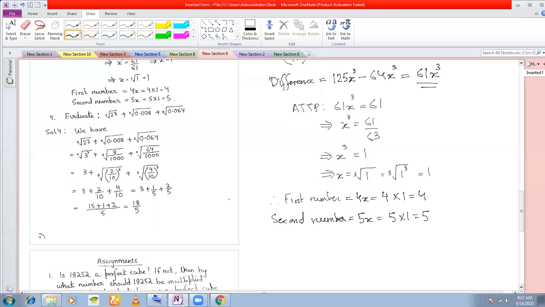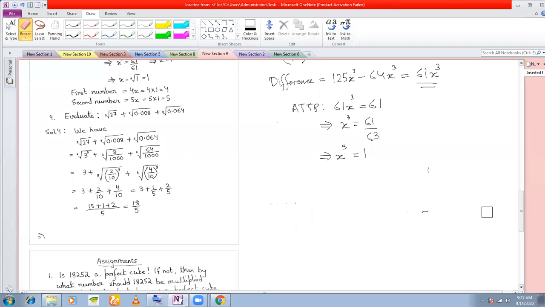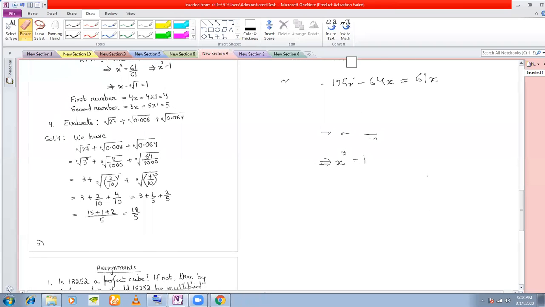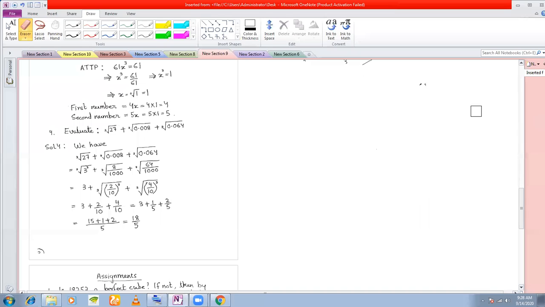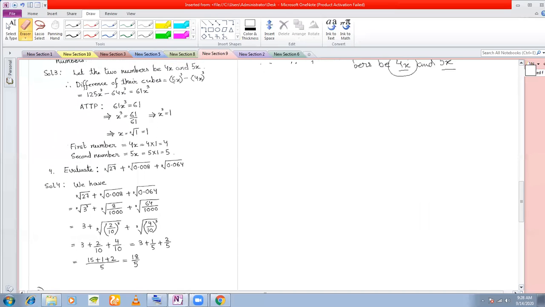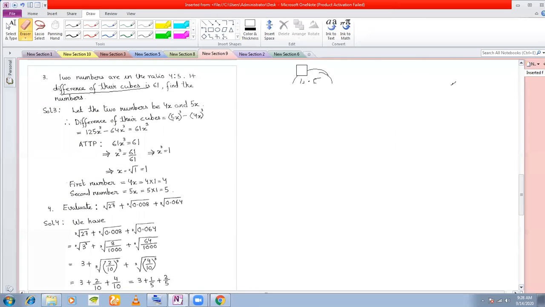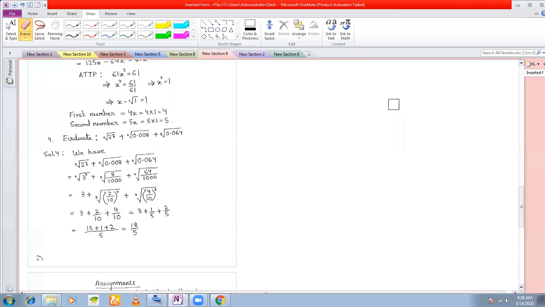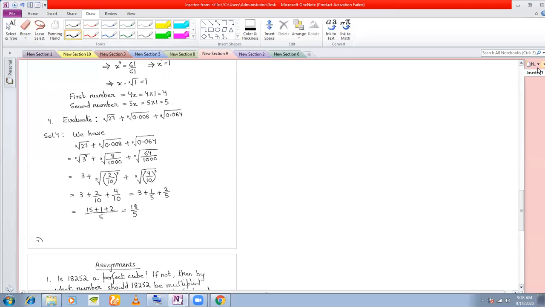And the next question is: evaluate cube root of 27 plus cube root of 0.008 plus cube root of 0.0064. So let us attempt this question. Another easy question, not a difficult question. We have done this kind of question in square roots also. The only difference is instead of square root, we have a cube root here. So we have